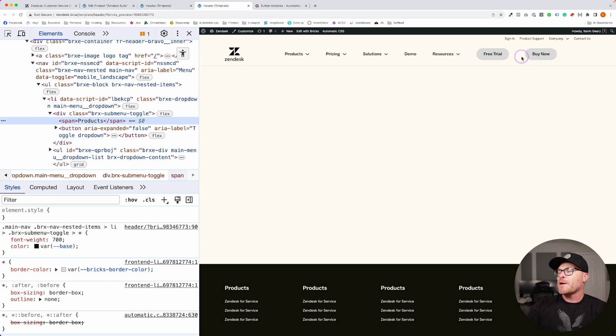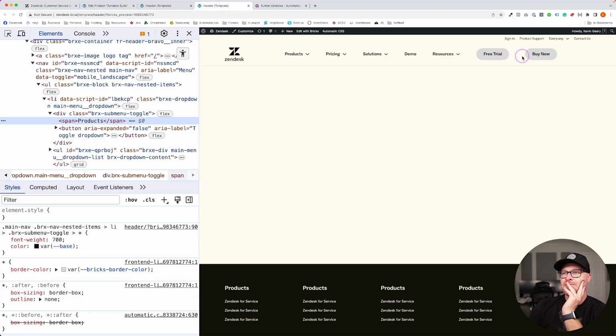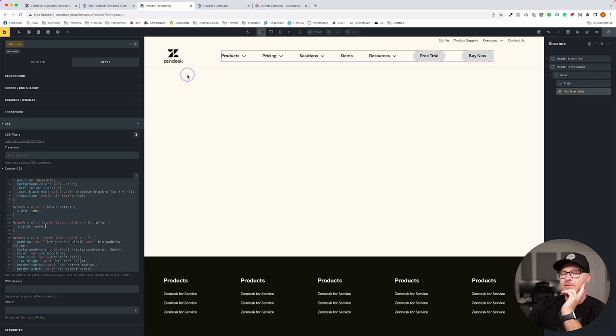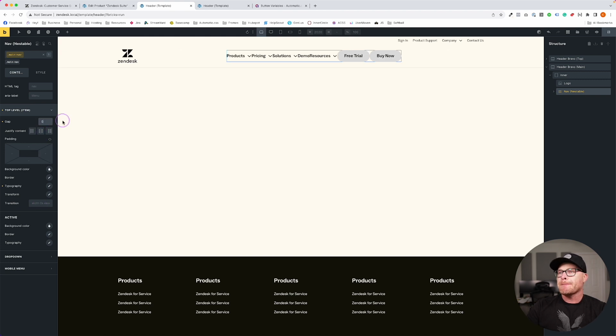Why are those buttons so far apart is the next question. Because of the gap. We're going to have to control our gap. We might not even be able to use a gap in this situation. We're not going to be able to. So that's another adjustment we have to make. So we got to go back, go top level, go gap 0. We got to do a margin left